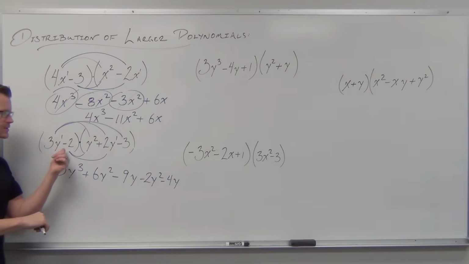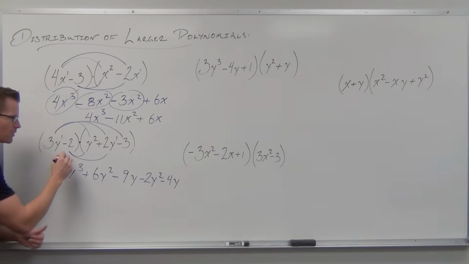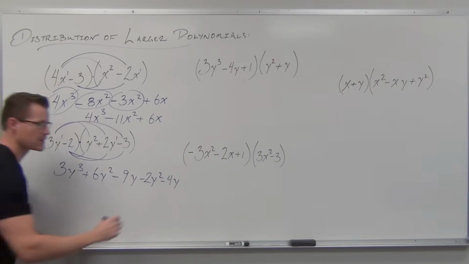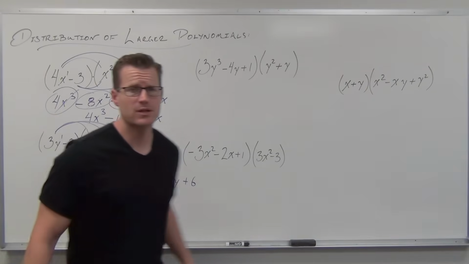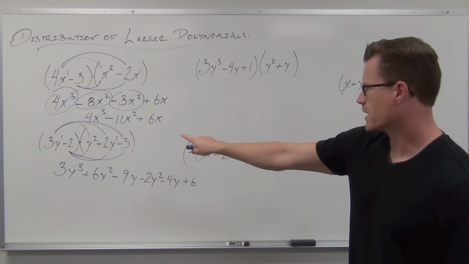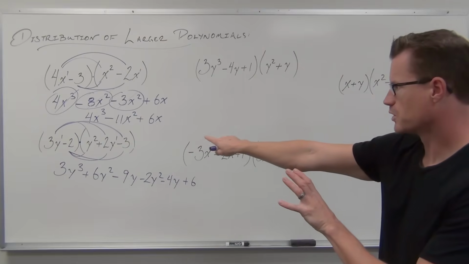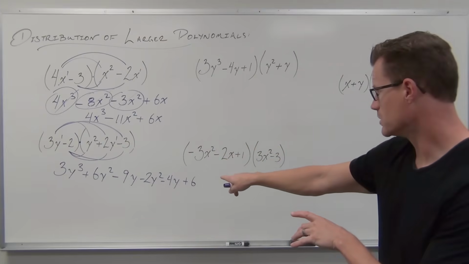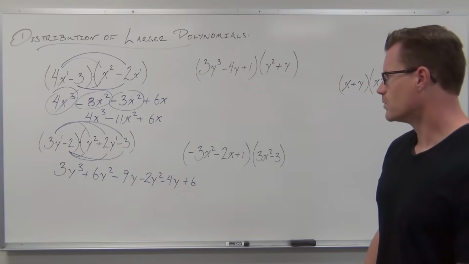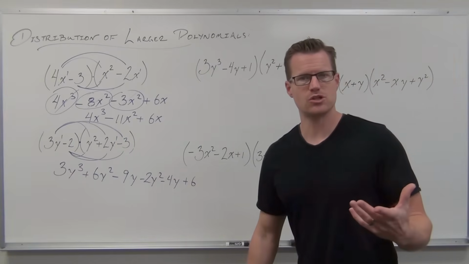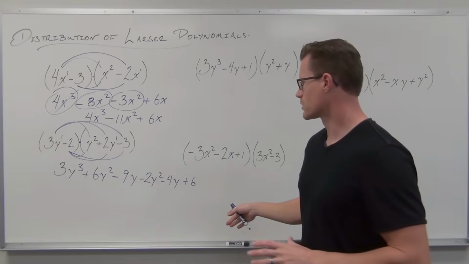Negative 4y. So coefficients get multiplied like normal. Negative 2 times negative 3 is positive, plus 6. So I'm going to take a moment and make sure that's right as well. Negative 2y, okay, that looks great. Coefficients multiply, it's negative 4y, looks good. Negative times negatives are positive. That looks fantastic. Now, it's not a big shocker, but we have 6 total terms, and we should